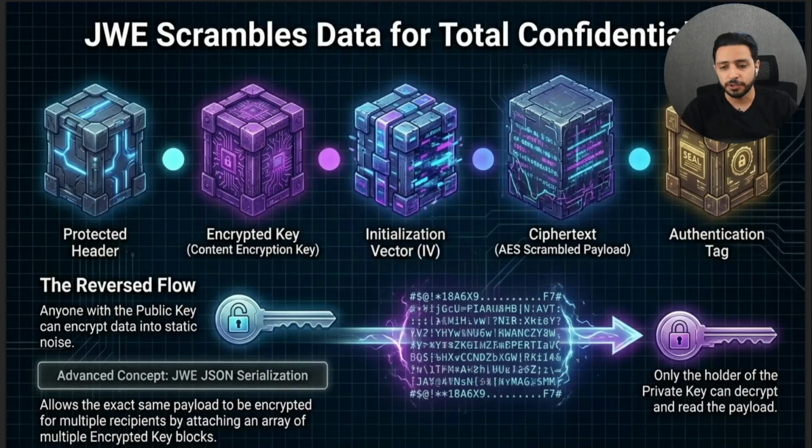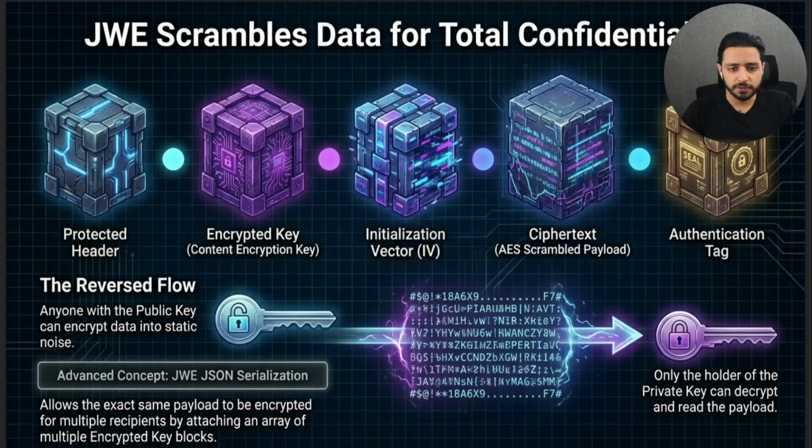This gives you both integrity and secrecy. It also prevents signature removal attacks because the signature itself is hidden within the encrypted ciphertext. Because encryption is more complex than signing, a JWT token has 5 parts instead of 3, all separated by dots. First one is a protected header, which tells the server which algorithms are being used. Second one is the encrypted key. This is a specific key used to encrypt the payload, which itself is encrypted so only the recipient can see